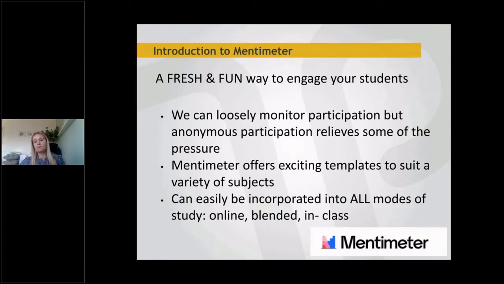I first came into contact with Mentimeter on my master's programme. I actually thought that it was a really great tool and it seemed to fit seamlessly into the lesson, and it was almost familiar to the students, but offered a few different features that they could use. We can loosely monitor participation using Mentimeter because the programme enables students to participate,